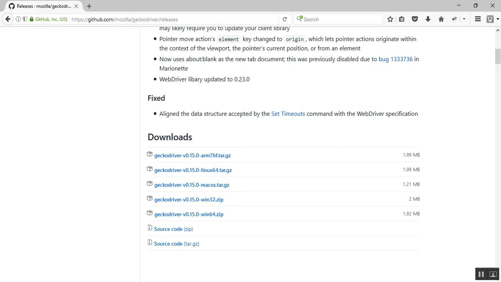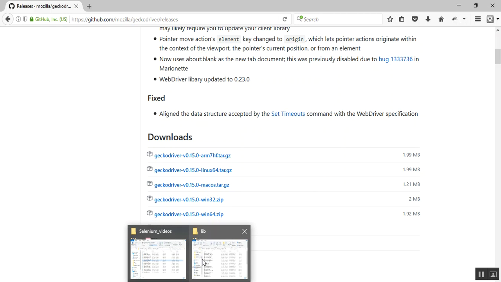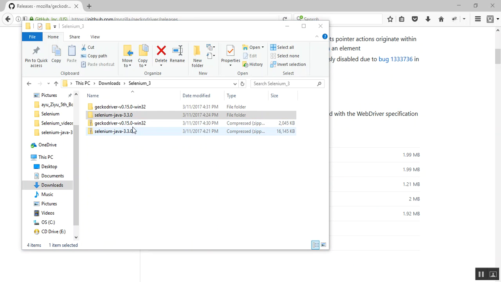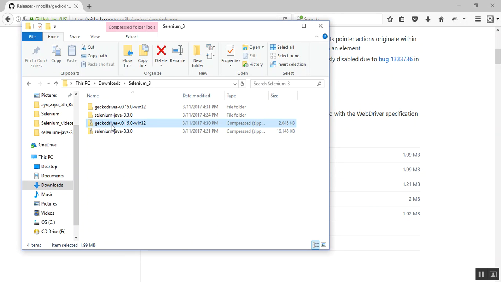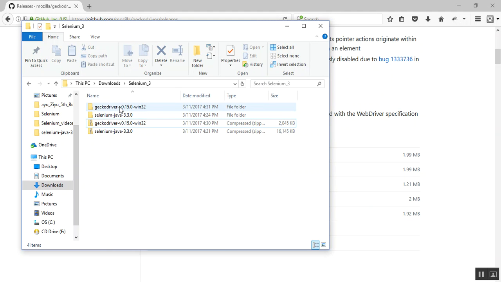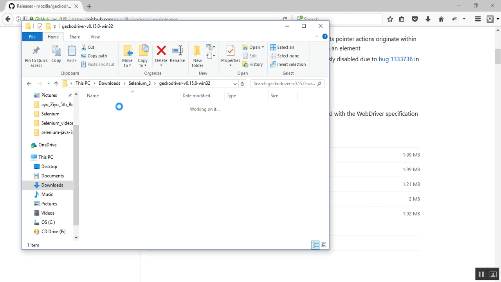I'll just show you where I have downloaded this. So here you can see the geckodriver win32 zip file. You just have to do an Extract All, and once you do that, the driver file will be available within this folder. So this is the geckodriver.exe file.